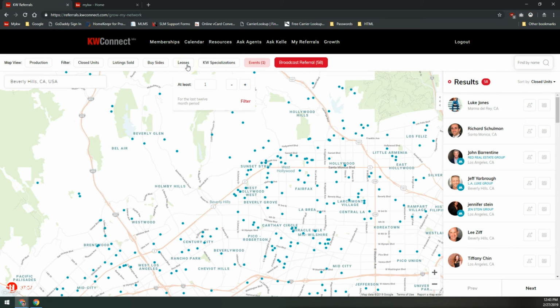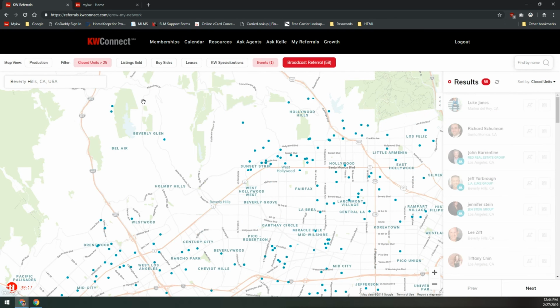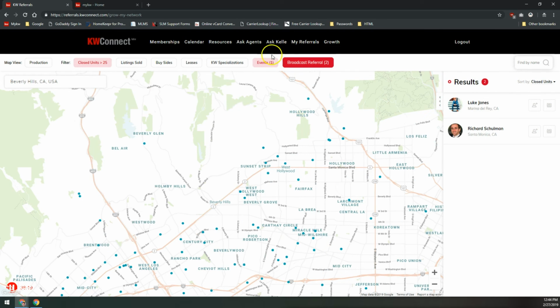You can say, I want this person to have worked with or closed at least X number of leases, X number of buy sides, X number of sell sides, or X number of total units closed, combining both list and buy side. So I want at least, we're going to call it 25, not 250, 25 closed units, whether buy side or sell side in this area that also went to MegaCamp 2018. It looks like it's just Luke and Richard here. So what I could do at this point is I could either invite or send the referral to either one of these guys,